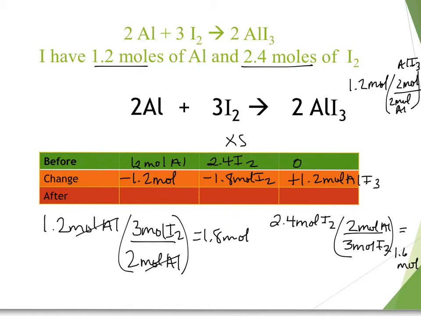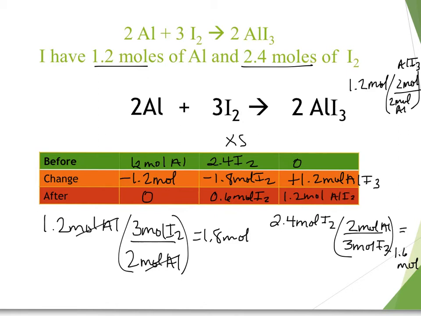So afterwards, we are going to have 0 moles of aluminum left. We're going to have 0.6 moles of iodine left, and we are going to make 1.2 moles of our product,